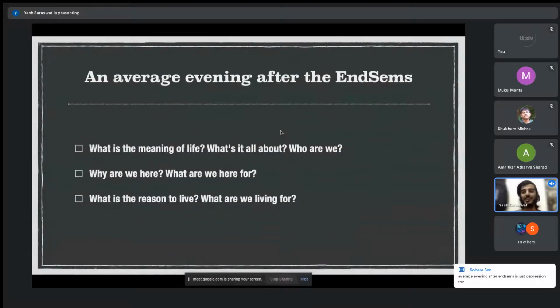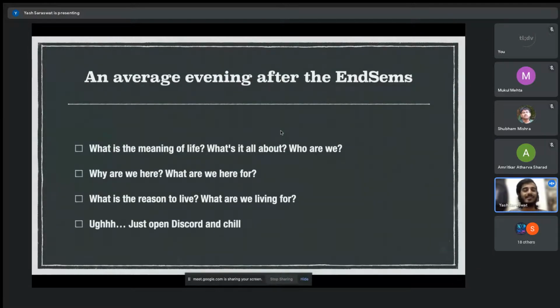Is there any achievement-unlocked kind of thing waiting for me, or why am I even doing all of this? And most people, when they come across these thoughts, just go, let's open Discord and chill. Why do I even have to care about this stuff? And I didn't. I'm kind of a philosophy nerd, so I spend most of my time exploring this question and looking into perspectives that many great thinkers have gone through.